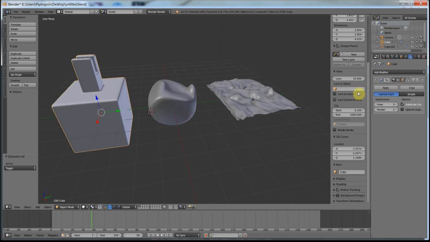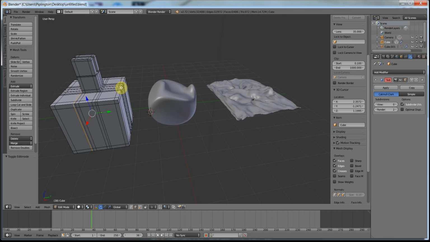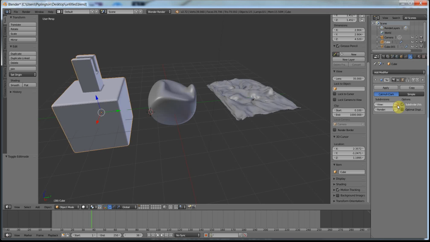It actually includes subdividing, so the actual model itself is really basic, just like that. But when we look at the edit mode, we can see that it's not actually very basic. It's got all these constraining loops which allow the subdivision surface to give you a nice result. So that's one example of a high poly model, and obviously from the high poly we're then going to want to bake down the normals, which I'm not going to go through, but it's the process. So we'll need to create a low poly model,